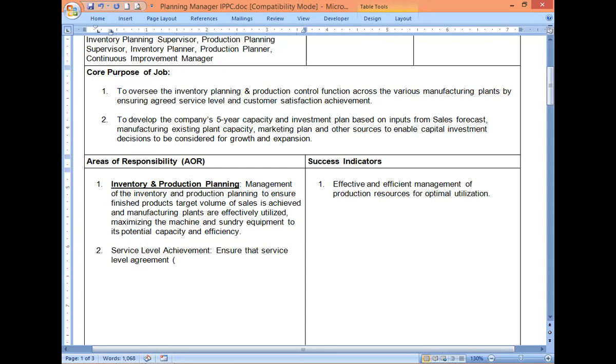I could also put inside the parenthesis, SLA. Okay. With internal customers,